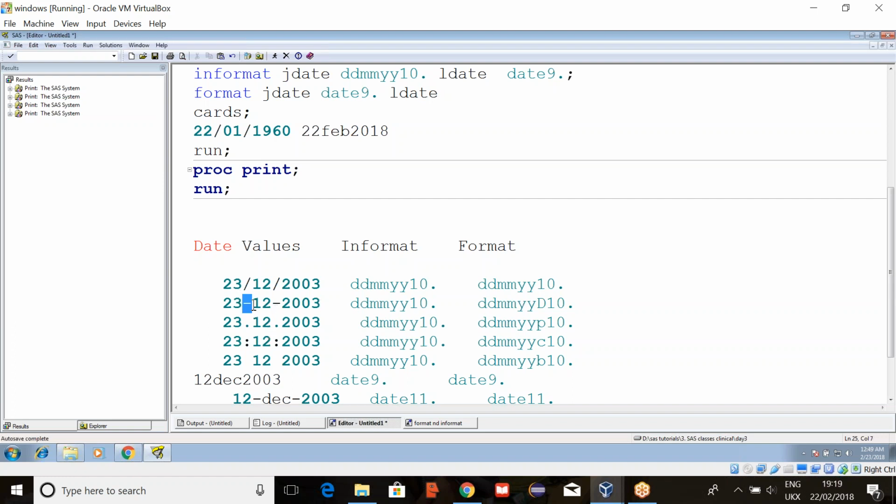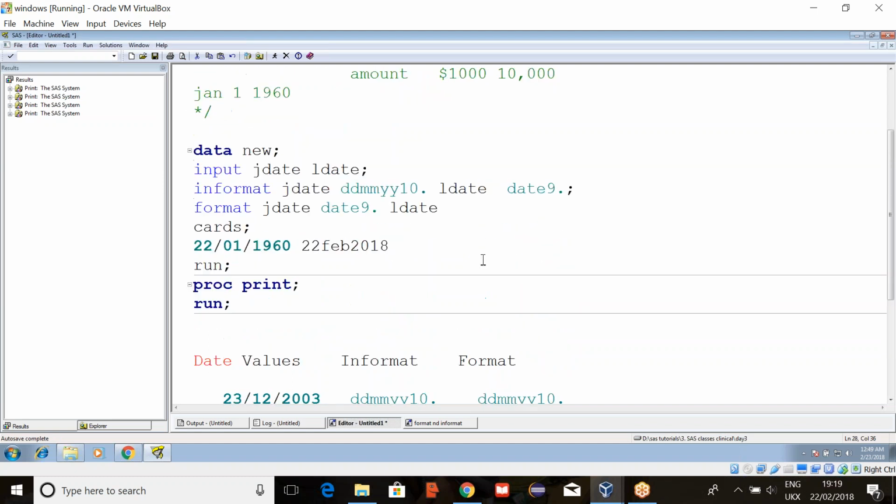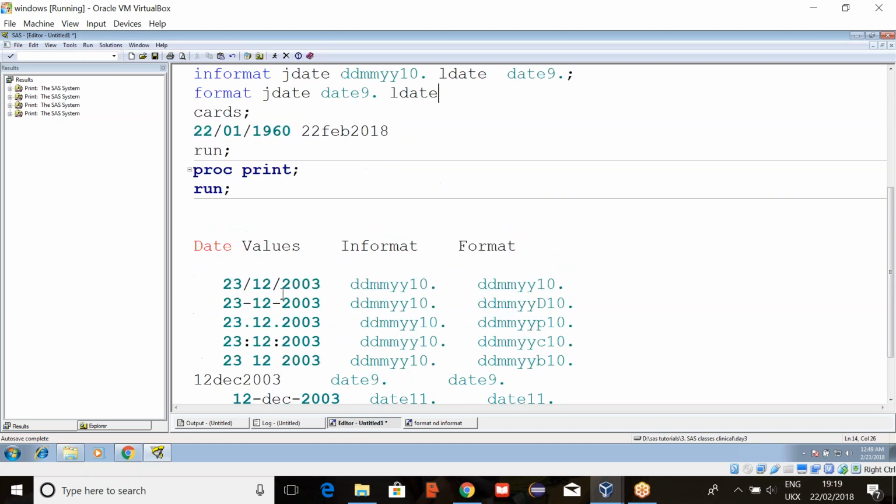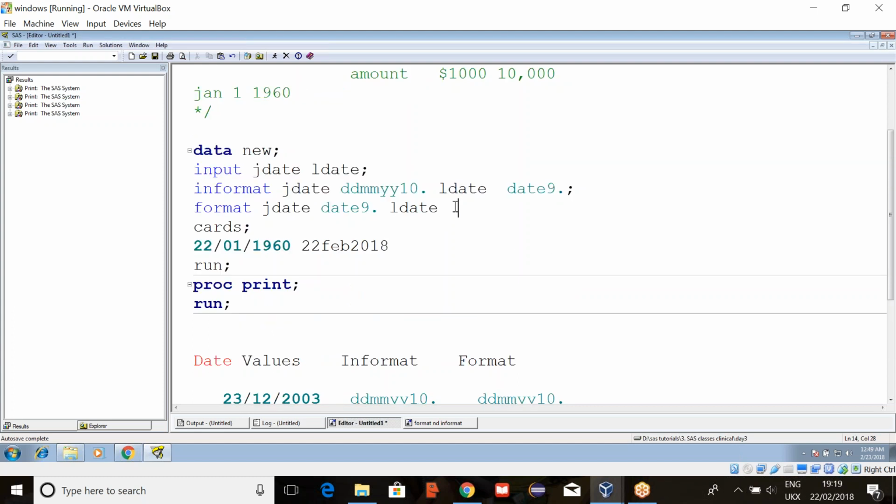If we have a dash, the format name also contains D: DDMMYYD10, period P10, colon C10, blank space B10. If you have a slash, you can directly write DDMMYY10 or use S also. Both are the same. Sometimes informat and format will be the same, sometimes not. So again, this is always DDMMYY10. Now run this.